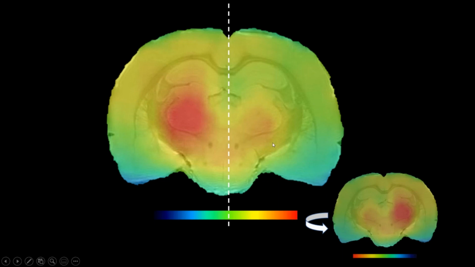And a way to statistically work this out that's fun is you can actually just rotate this brain along the z-axis, flip it over and land it on top of itself, and then just do a statistical voxel-wise comparison to say, okay, what's the difference between these two hemispheres? And that's the approach we've been taking.